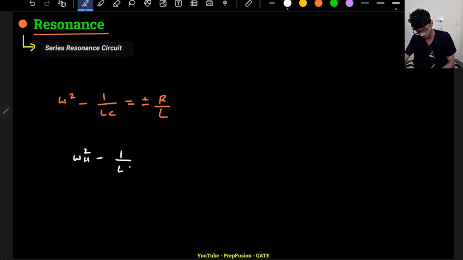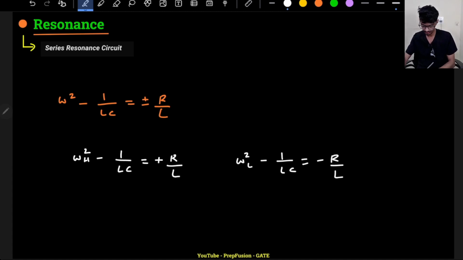If I replace omega with omega H, this will be plus R, and the explanation I have also given. And it will behave as capacitive when it is minus R, R by L. Okay, so now if I find out the values, so omega H minus,